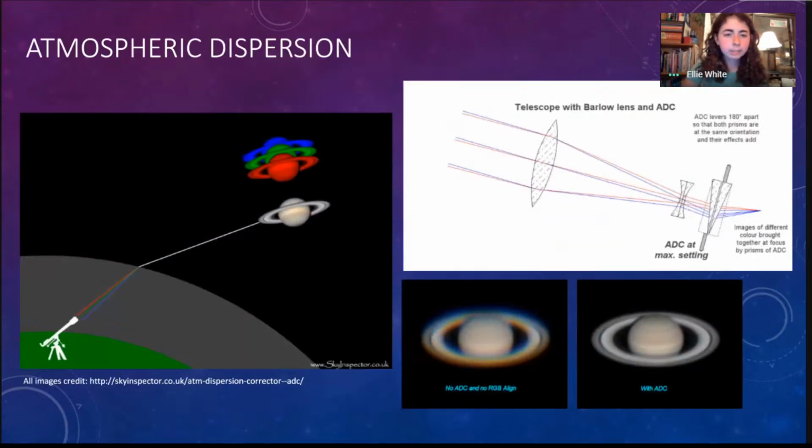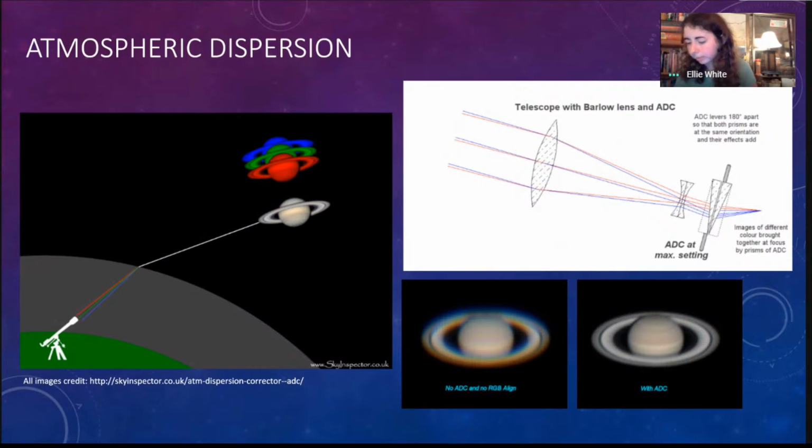Just one last thing that I'd like to talk about with this part of the presentation is atmospheric dispersion, which I mentioned briefly before. This is the color effect of refraction. We talked a little bit ago about comparing a source that was green versus a source that was more blue-violet; they would be almost 2 arc seconds apart. You can see the effect of that in this image of Saturn here on the bottom right. You can see how it looks kind of spectrum-y. It doesn't look like a normal picture of Saturn. It looks like the colors are all spread out.